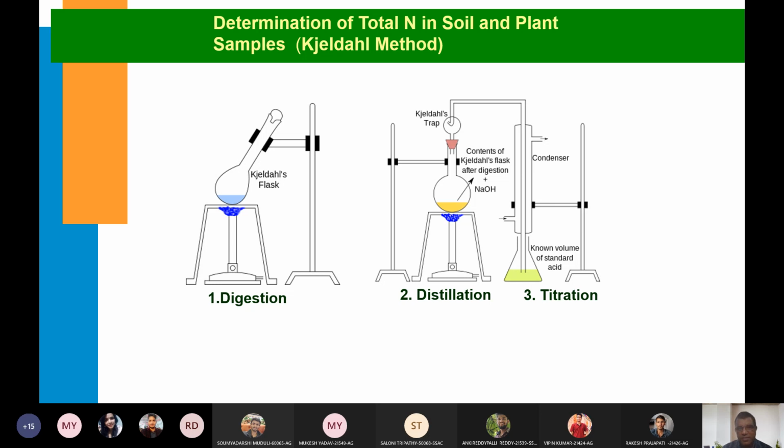And the third step is titration. Now you want to know what exactly is the amount of nitrogen in the boric acid. You can do it by titration and note down the quantity of sulfuric acid, or titrant. We call it titrant. It may be 10 ml, it may be 2 ml, 5 ml. You need to note down how much acid has been consumed to reach the end point. End point means a color change, because a mixed indicator is there. So this is digestion, distillation, titration. This is just an introduction. You will get more clarity on this subject.